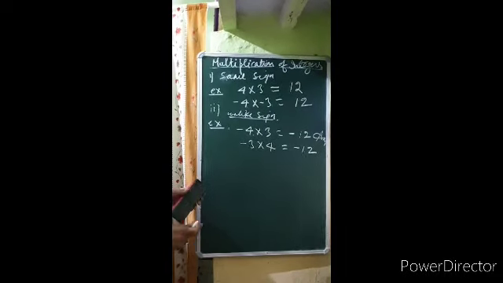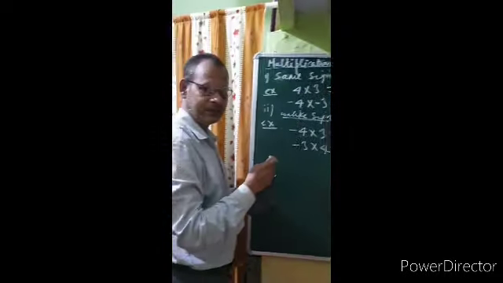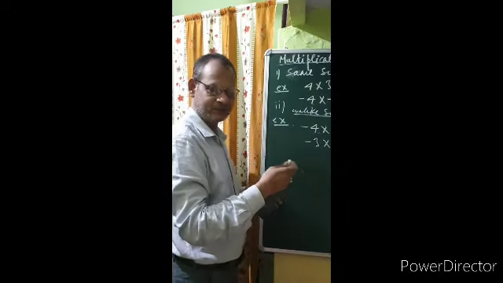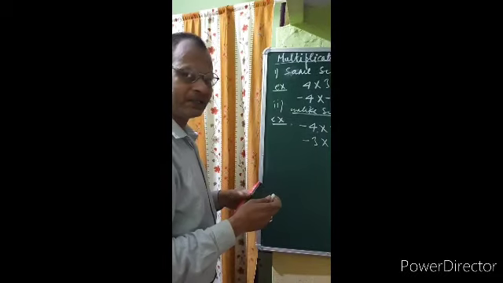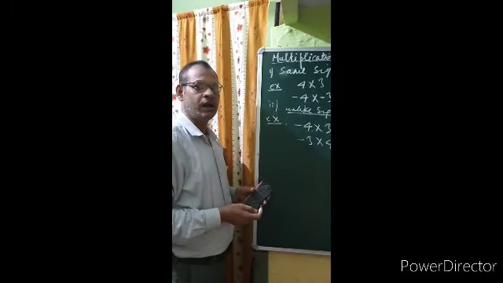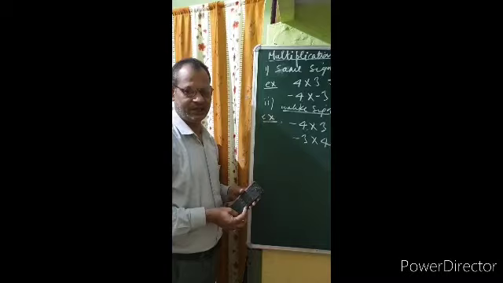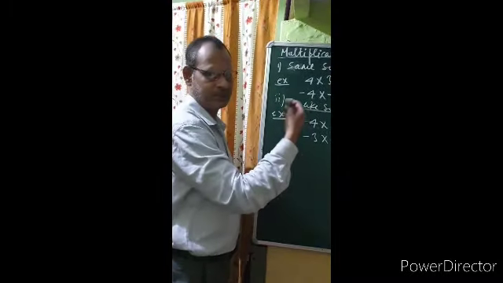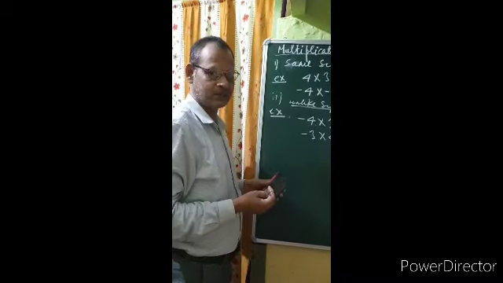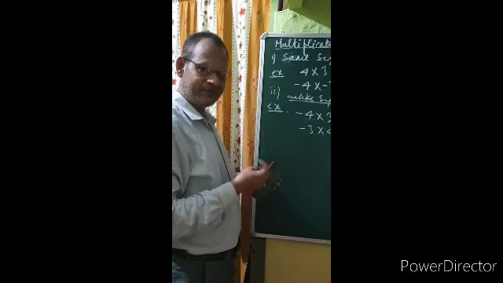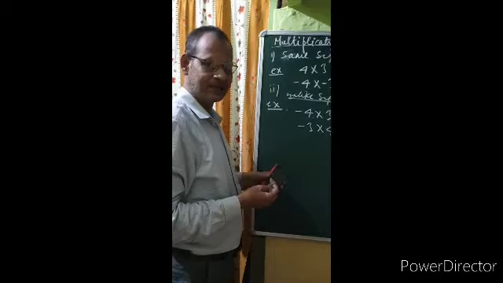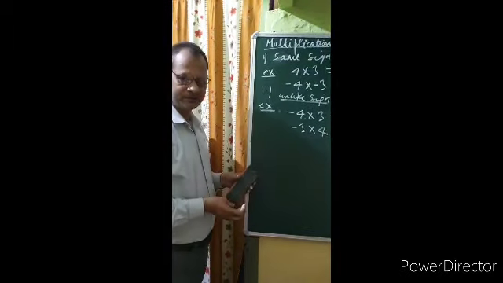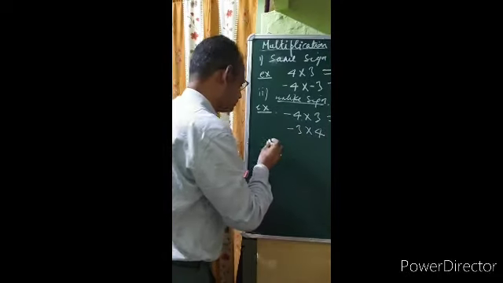Now there is one more thing. When you have a continuous 3, 4, 5, 6 or 7 integers to multiply, in that case you have to see how many integers are of negative sign. If an odd number of integers are of negative sign, you will have to put a negative sign to the answer. If an even number of integers are of negative sign, then you have to put a positive sign to the answer. For example,